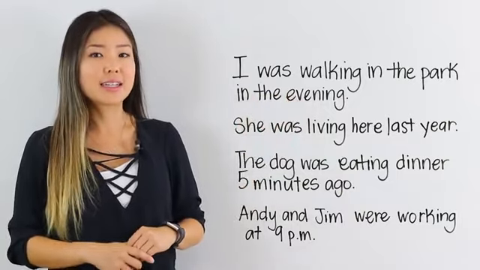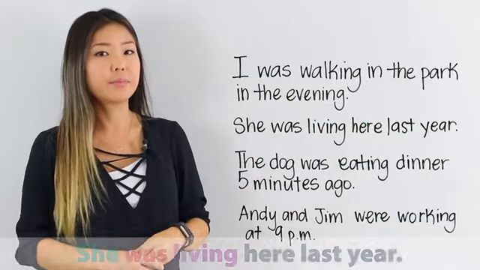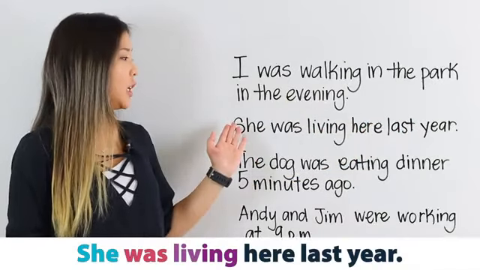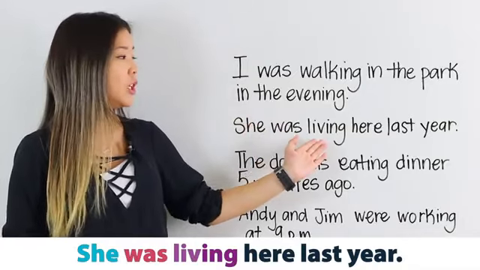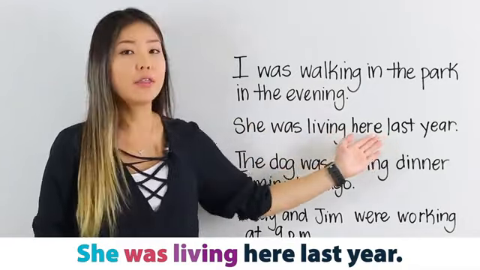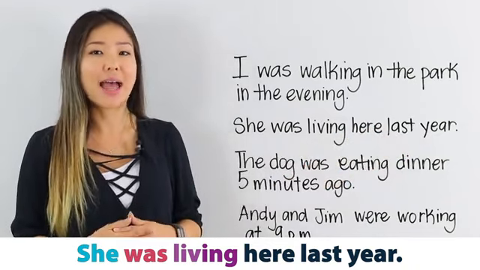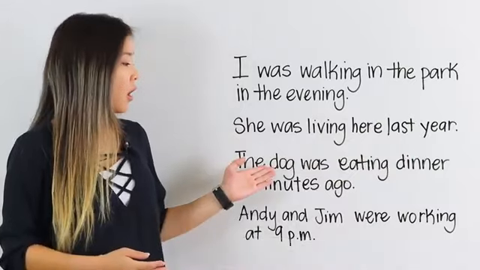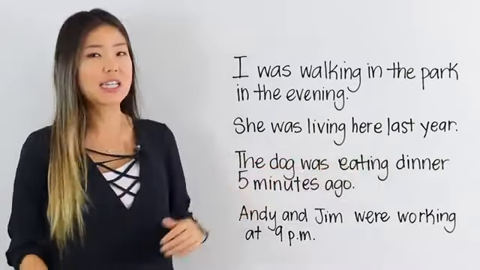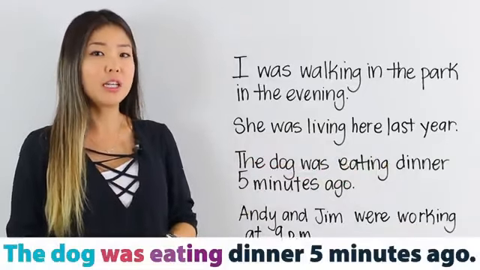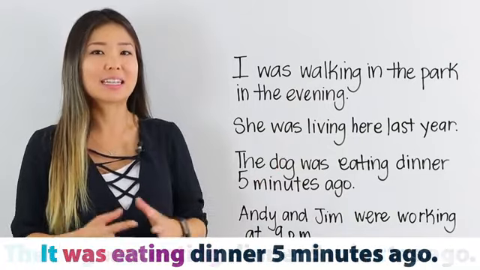Let's look at the next example. She was living here last year. Here, the subject is she, so again, we use was and then verb ing. Here, we have another expression that shows that this action was happening in the past. The dog, or it, was eating dinner 5 minutes ago. The subject here is the dog, which can be replaced by the pronoun it, and so we